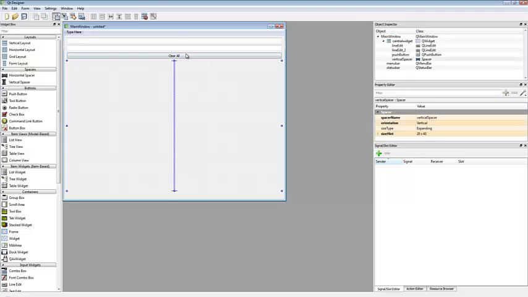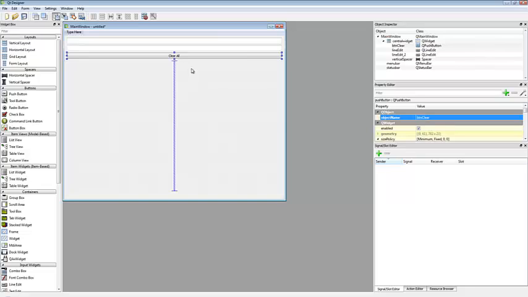So let's say that's got some text of clear all, and let's give a name to this button. I tend to have a standard naming convention with all my widgets, so anything that's a button I always start with BTN, but you're free to name each of the widgets anything you want that you find is easy to remember. With text boxes, I always start off with txt, and we'll just call it box 1,